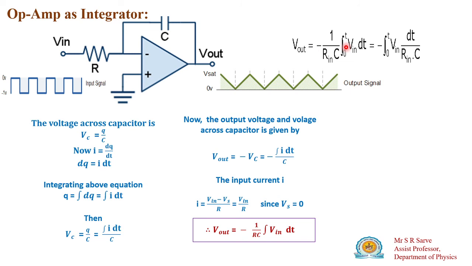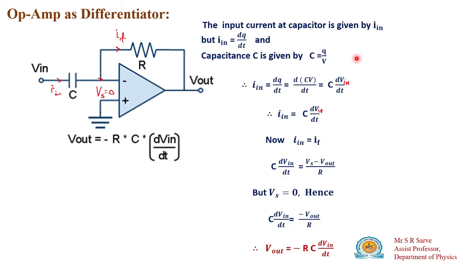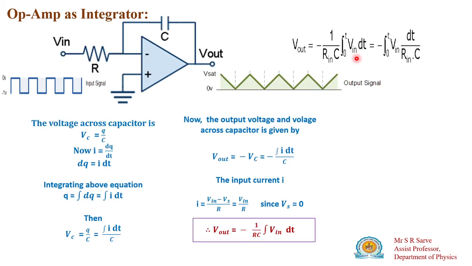If you take the time period, for a complete cycle 0 to t, the input voltage into the time period, so that is the charging of capacitor. So this is the application of op-amp as a differentiator, and this is the application of operational amplifier as an